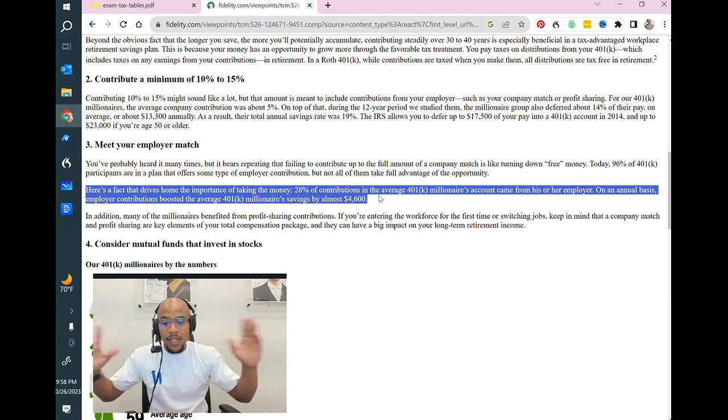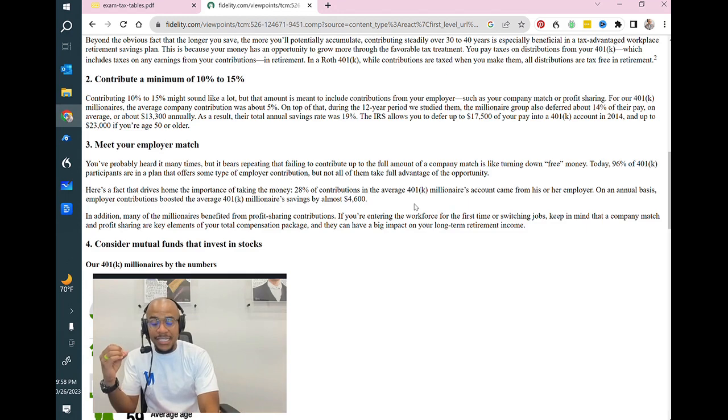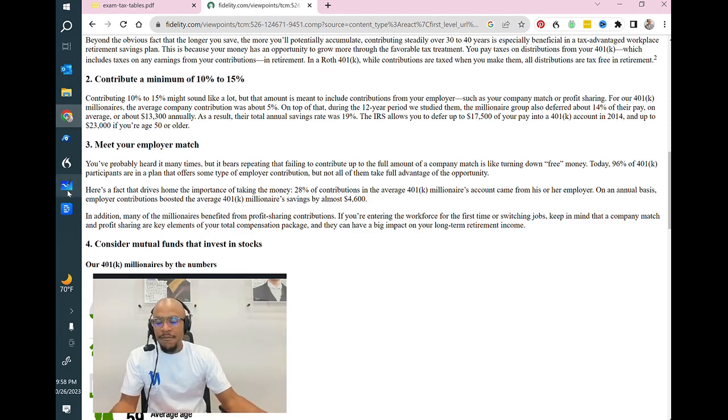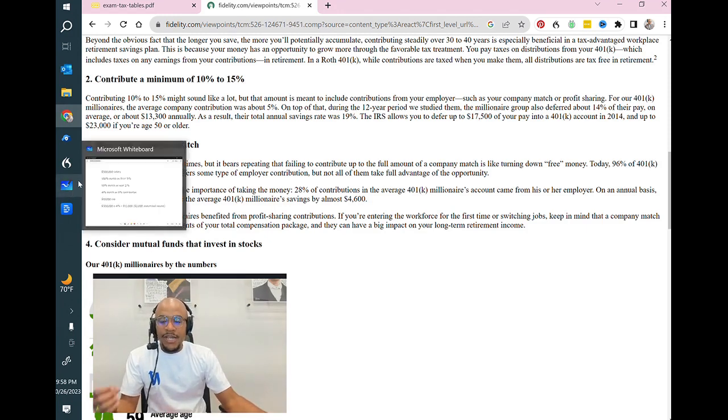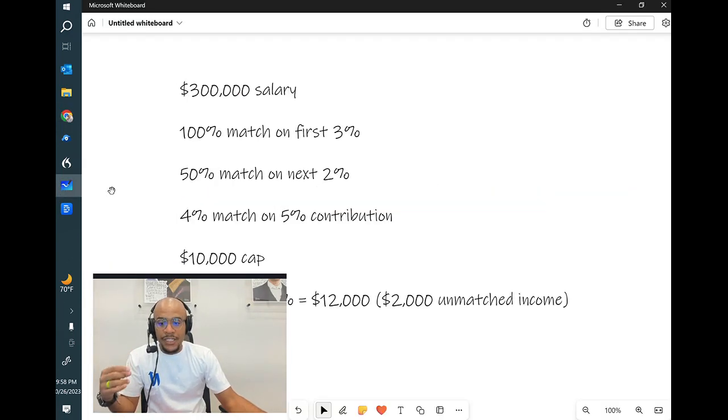Now, I want to go to the larger number, and keep in mind, we're talking about people who have at least $1 million in their account. If 28% on average came from company match, that means that these people have more than $250,000 in their account on average that didn't come from their money, it came from their company match. So taking advantage of these free dollars is a big deal even for high income earners. But unfortunately for high income earners, because of the level of income, they often don't get to participate fully in that company match. Here's what I mean.